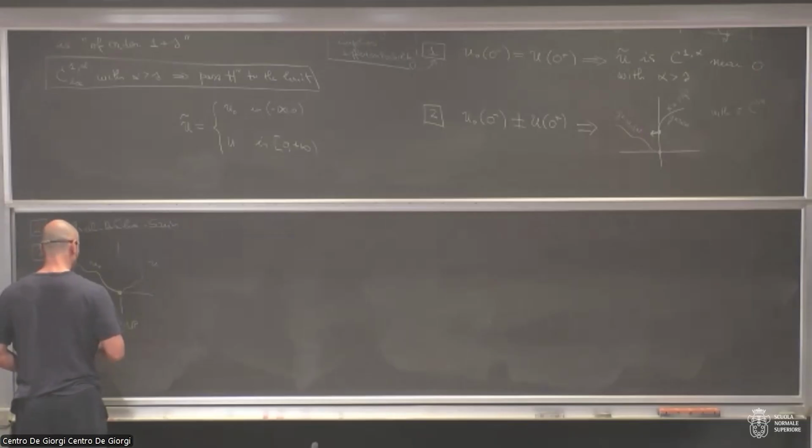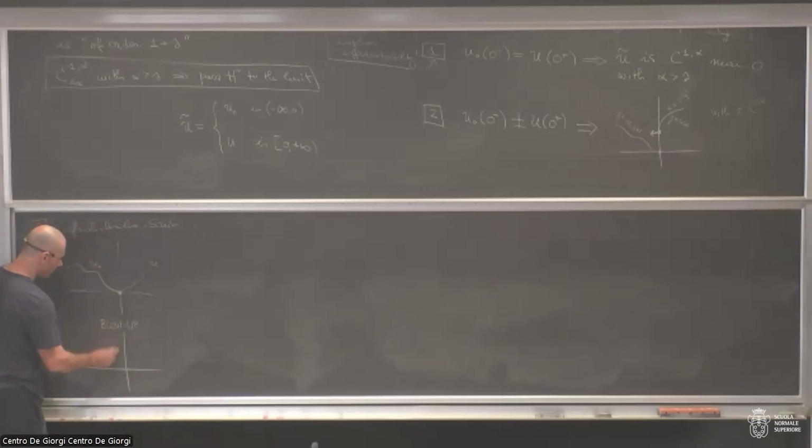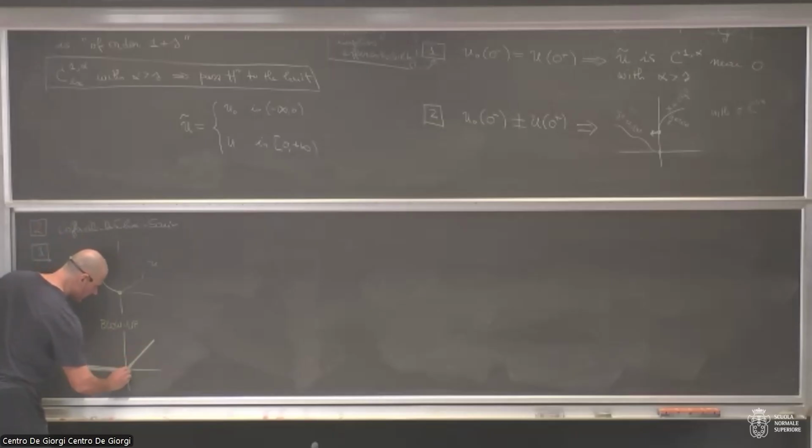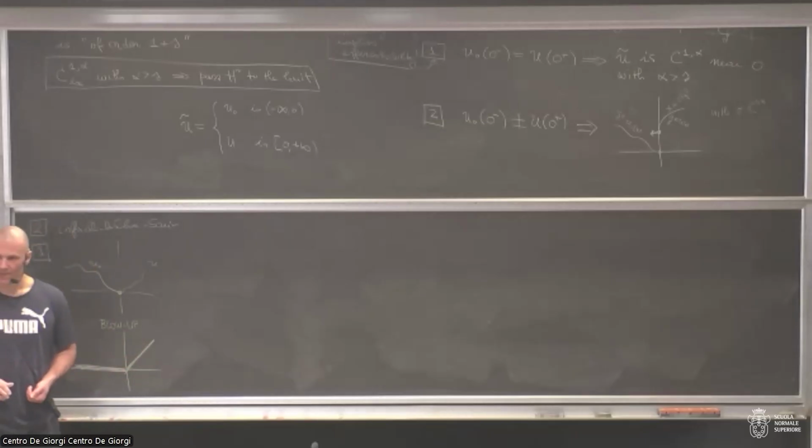First of all, you do a blow up and you reduce to cones. So U0, for instance, in this picture is very flat. So when you blow up, you would just have the horizontal line. And U in this picture, when you blow up, to me looks like something like this. Now the blow up is not completely trivial because